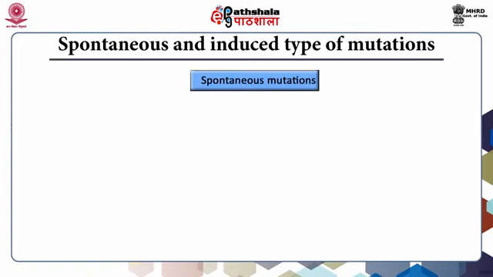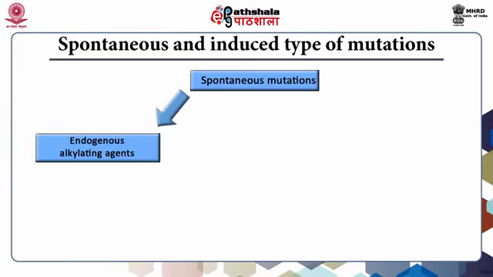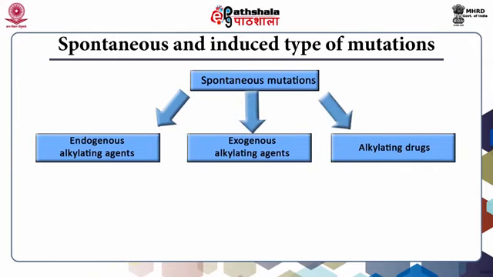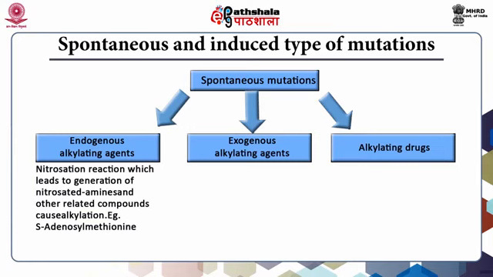So, these compounds can be classified into three different categories: the endogenous alkylating agents, exogenous alkylating agents, and alkylating drugs. We will see them one after other. The endogenous alkylating agents, for instance, nitrosation reaction leads to generation of nitrosated amines and other related compounds, which can cause alkylation. Example is